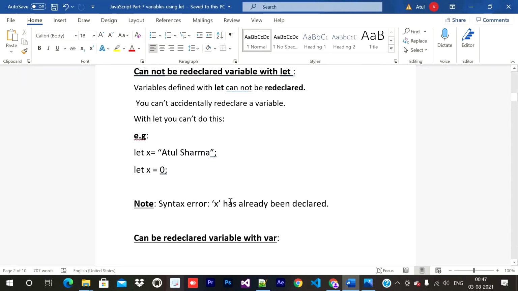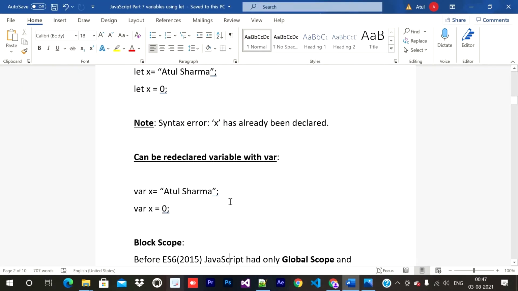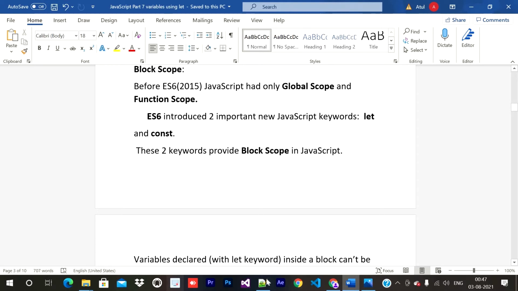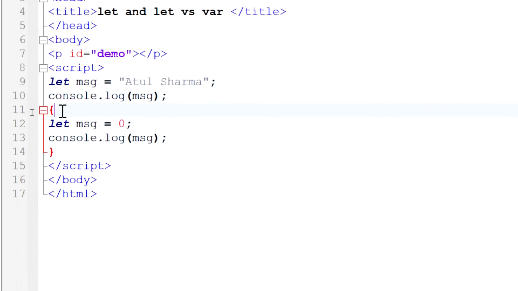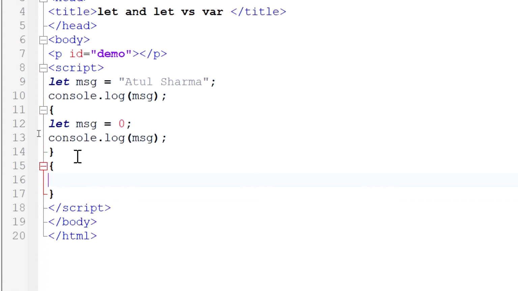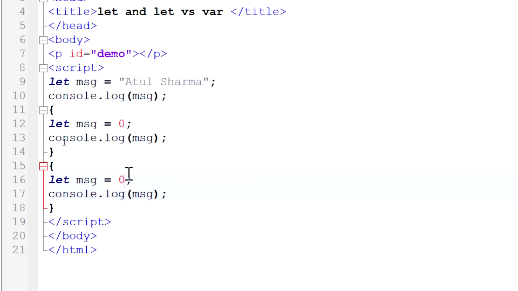So there is so much more to go. Now let me zoom in for you, so you can see it from a closer look. Now if I put in another scope, and I copy the code from here and paste it here, and let me change the value. Here I have written the value 4. So in another scope the value will print 4, so all values will be accessible.